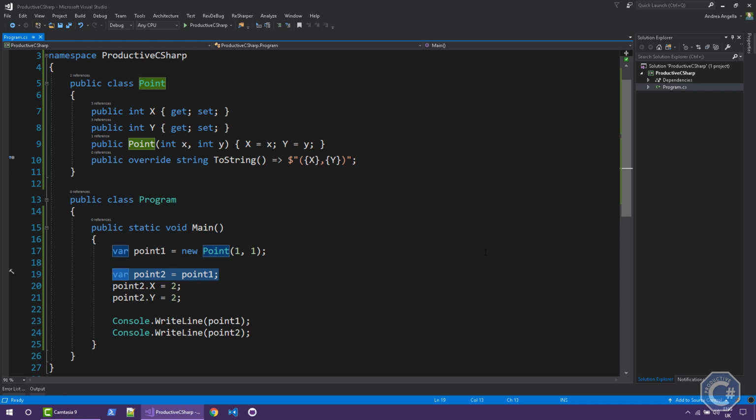When you do point2 equals point1, and those types are reference types, you're actually copying a pointer to another. And then later on, when you actually change X and Y with the point2 reference, you are also changing indirectly where point1 points to. Because at the end of the day, point1 and point2 are pointing to the same exact location in